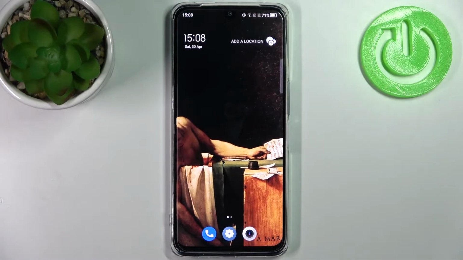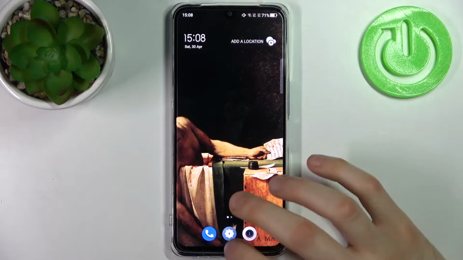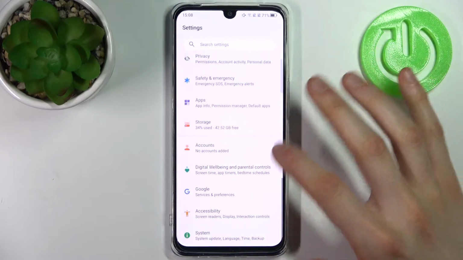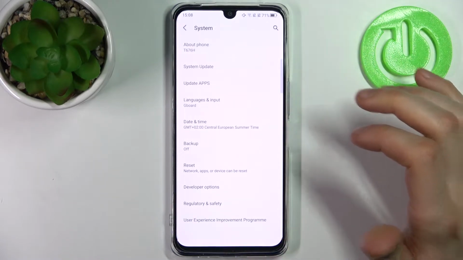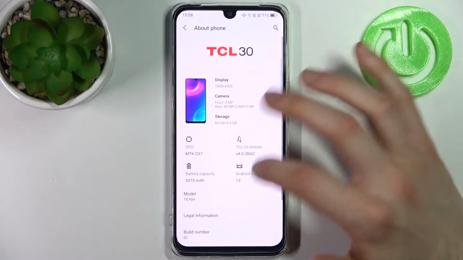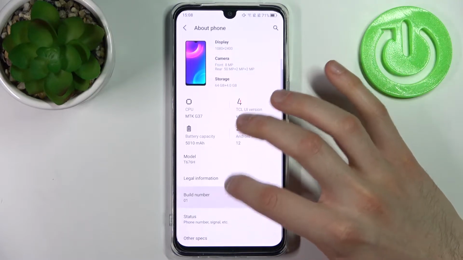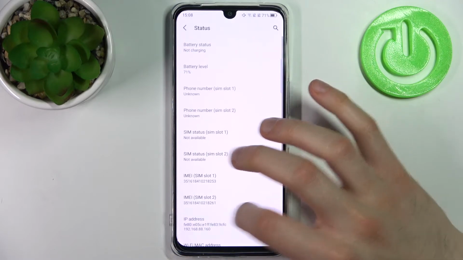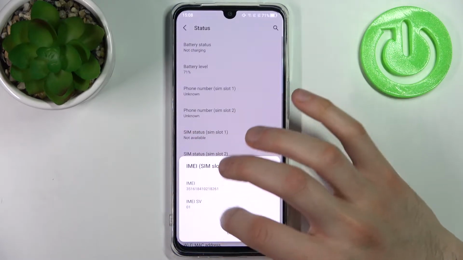Here I have TCL 30, and today I'm going to show you how to access developer options on this device. So firstly you have to open settings, then go to the system section, then go to the about phone, find a line